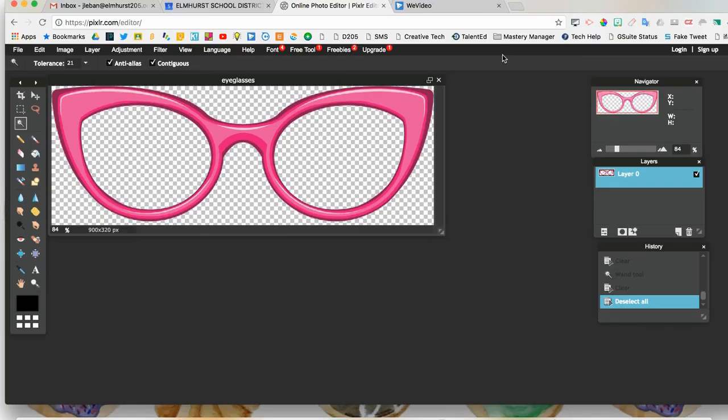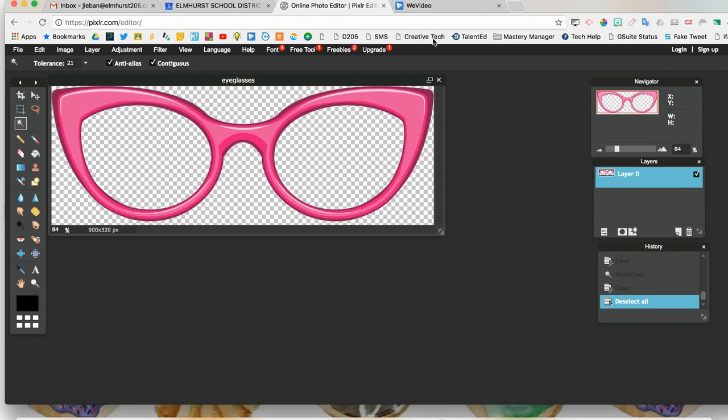All right, now you have a picture that you wiped out the background of, and you need to learn how to layer these pictures together. So we're going to do a quick exercise where we're going to take a selfie and we're going to overlay our picture that we've removed a background from. So you want to pick something that's some kind of accessory, in this case eyeglasses, but you could do a hat or